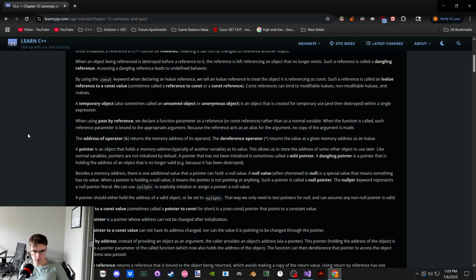Pointers hold memory addresses. Yep. Wild pointers are those that weren't initialized, like a garbage address instead of a garbage value. A dangling pointer is one that pointed to a valid object, but now no longer does, because the valid object was destroyed.